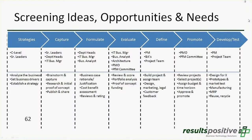Then once you get those ideas defined and selected, that's where you start engaging your project managers, your business analysts to start getting into the true requirements gathering process. You deck up your project teams, and then your portfolio management committee stays involved somewhat throughout, but typically you're pulling those folks back in through some sort of phase gating process,